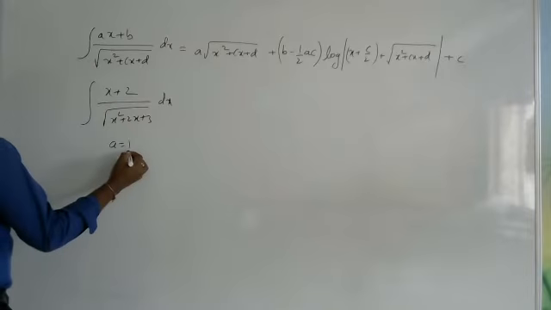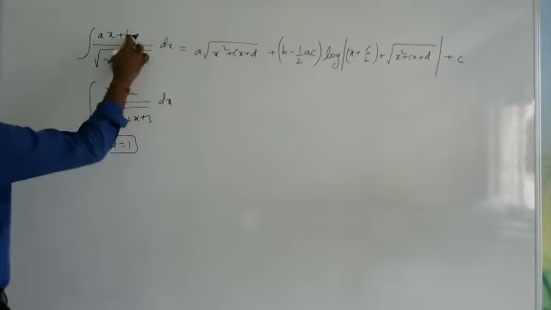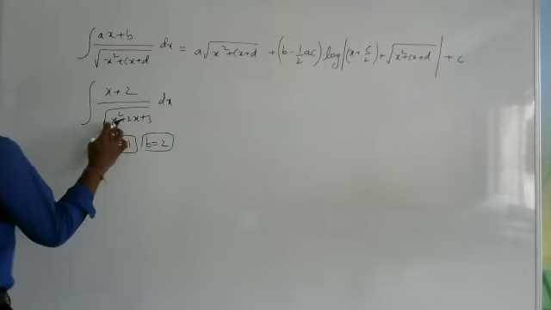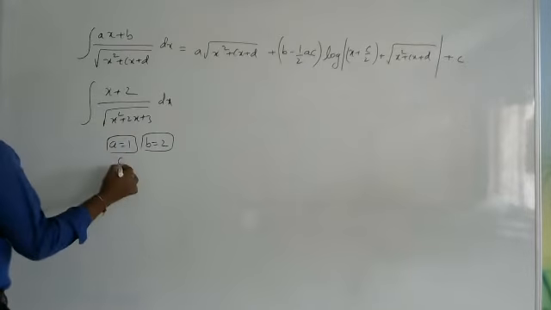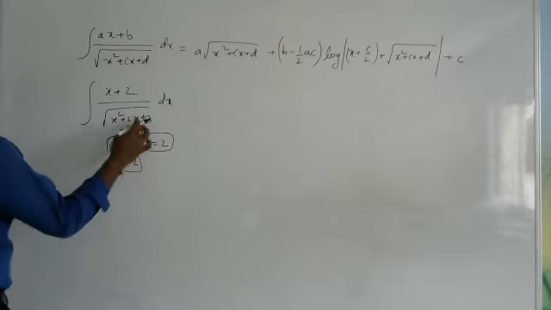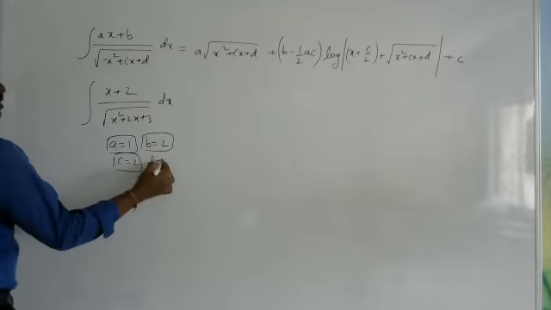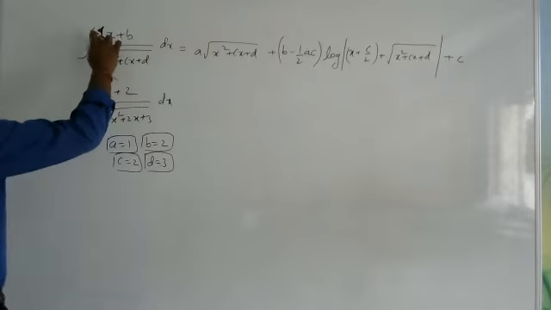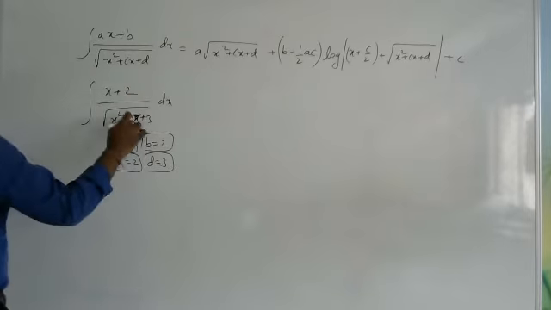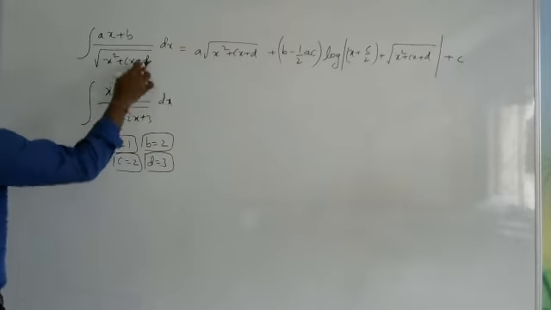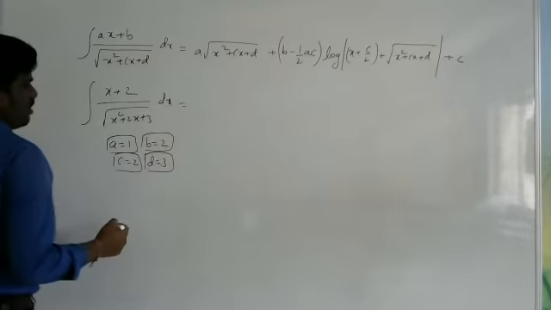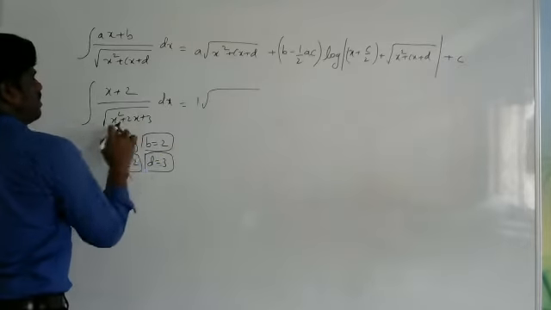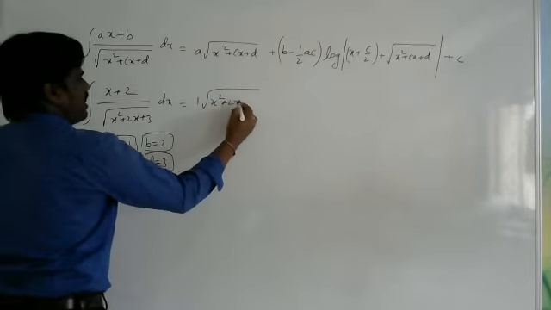In the a place you have 1, in the b place you have 2, in the c place you have 2 and in the d place you have 3. Just compare the values here. So a is 1, b is 2, c is 2, d is 3, and substitute in the formula. You are going to get the answer as 1 into square root of quadratic x square plus 2x plus 3